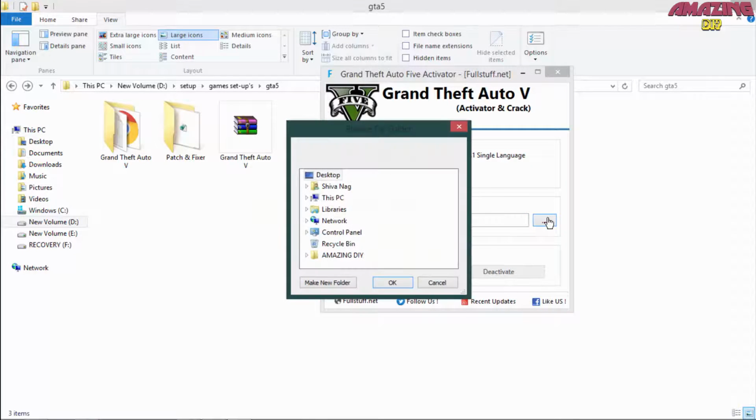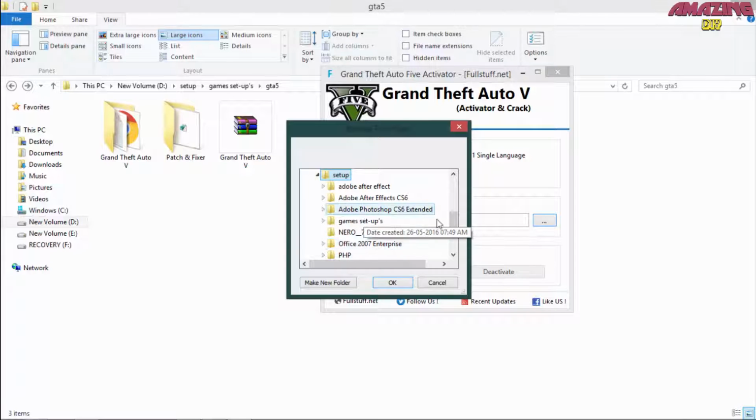So browse the file. I installed this in my PC, in the D drive. Go into D, then setups, and here the game setups, and here I will store it in GTA 5.